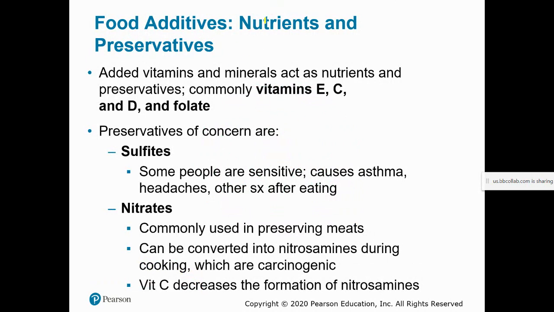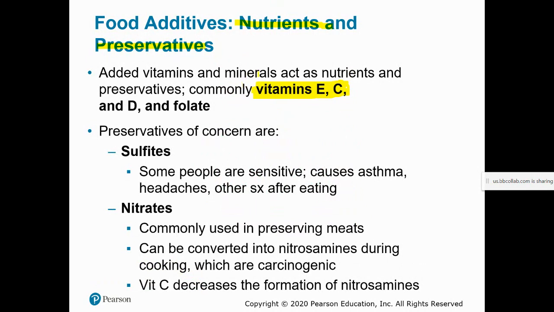Other food preservation techniques, so adding nutrients and adding other preservatives. What's really interesting is that a lot of the nutrients, at least vitamins C and E, that we talked about as being antioxidants, can also be used as preservatives, in part because they reduce the potential for oxidation, because oxidation is quite literally a sort of a spoiling process. Remember the example I gave of biting into an apple and leaving it out on the countertop, and eventually the flesh would turn brown. That's literally oxidation.